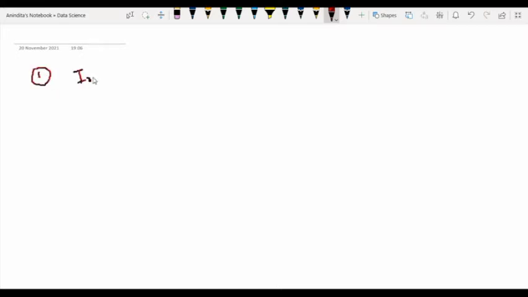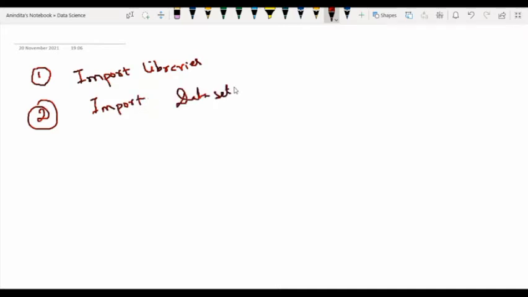First we have to import libraries, just as in the previous coding: we need NumPy, Matplotlib and Pandas. After that, we need to import the dataset. We have several datasets, but I will distribute some new datasets that I have already downloaded. You can use them for research.